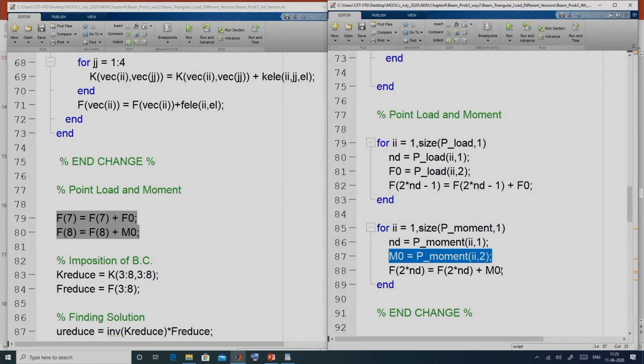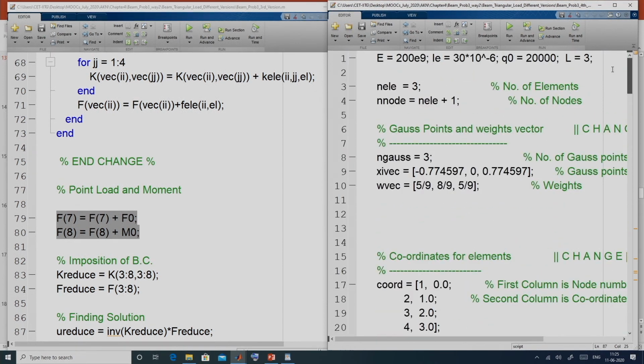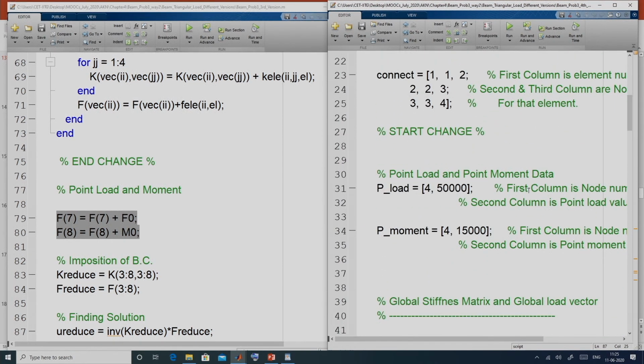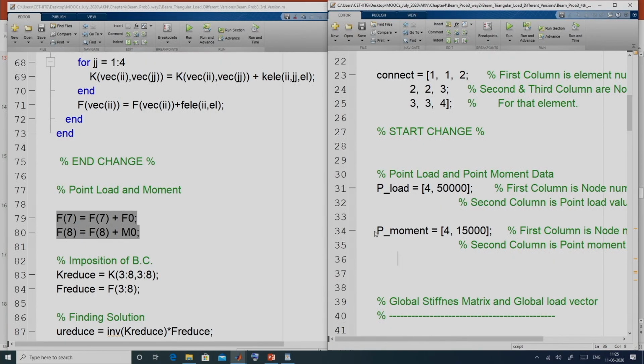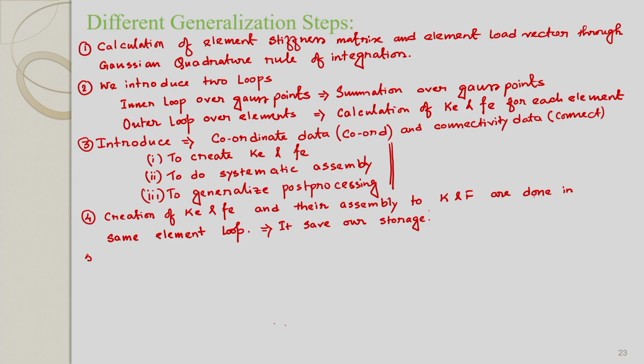Thus, for any general problem with point load and point moment, we have to only serve our data at this P load. The row number of the P load will be the number of nodes where point loads are prescribed. Similarly, the point moment data will be given in this P moment, where the number of rows is the number of nodes where moments are given.